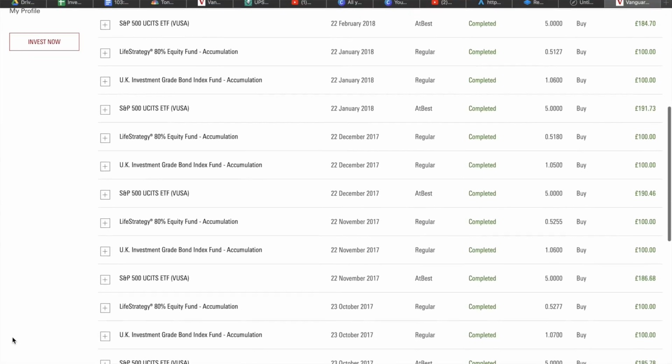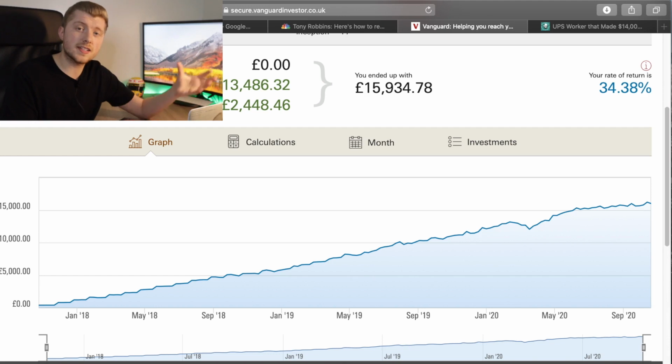in the stock market. So as I said, back in 2017, I opened a stocks and shares ISA with Vanguard UK and started to invest into the stock market. I set up my automatic monthly payment, so every single month after I'd been paid, I invested £400 into the stock market. So as you guys can see, this is the overall performance of the portfolio, and you can see